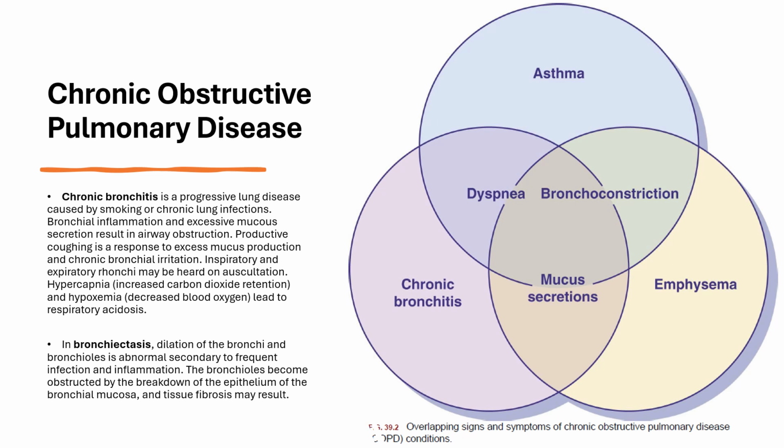Now, chronic bronchitis is classified as a chronic obstructive pulmonary disease, which is often linked to smoking and has a progressive pattern. Shortness of breath is initially present only with exertion, and eventually it is present even at rest. Patients with chronic bronchitis often develop right-sided heart failure and peripheral or dependent edema. Patients will have acute exacerbation of chronic bronchitis.